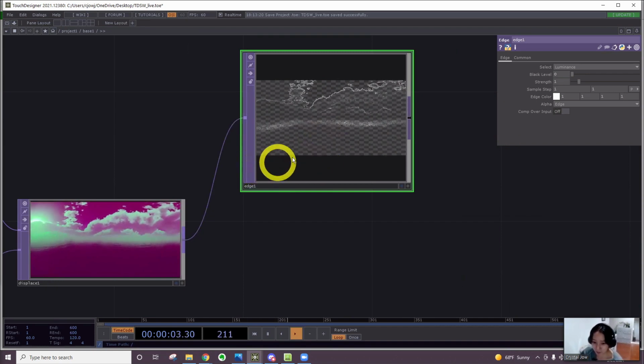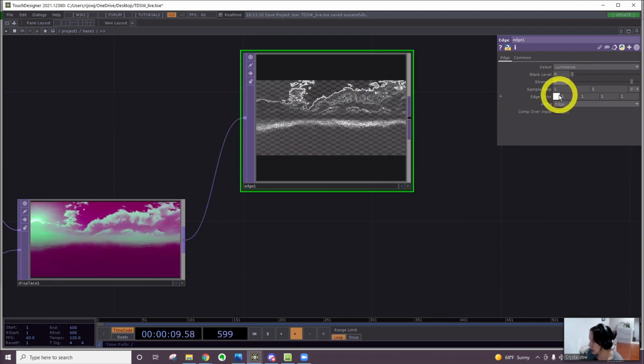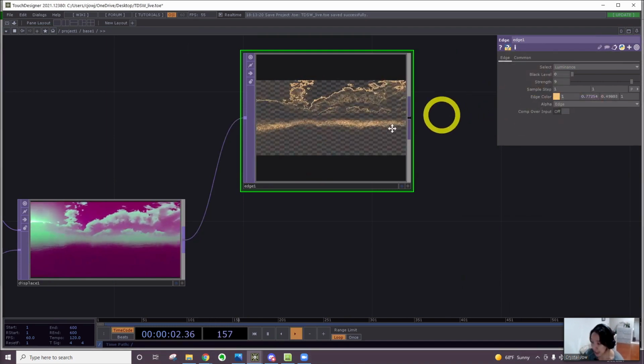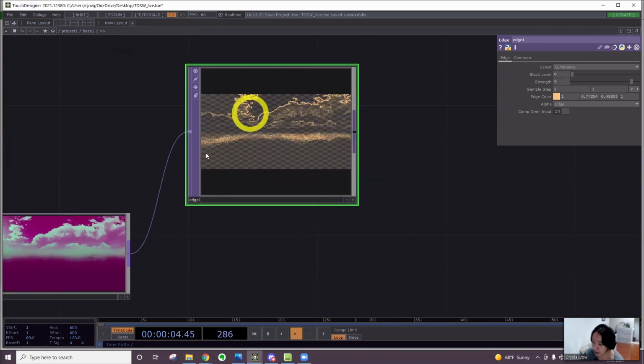We'll add an edge top, and in the edge, I'll change the strength to 9. And I'll change the color to an orange. Maybe I'll do blue too. Stick with orange. And later I'll comp this over this. But before I do that,